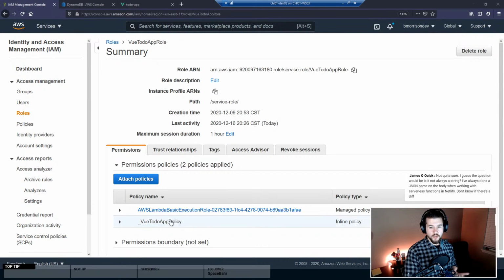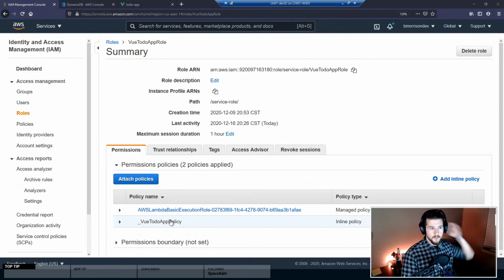James says, not quite sure. I guess the question would be, is it not always a string? I've always done a JSON.parse on the body. Okay, so it is always a string. To reiterate, now that I understand your question a little better, it's always a string that comes in through API Gateway. If you're running the test manually, then it's going to come in as JSON. So that check there is to convert my test JSON or to